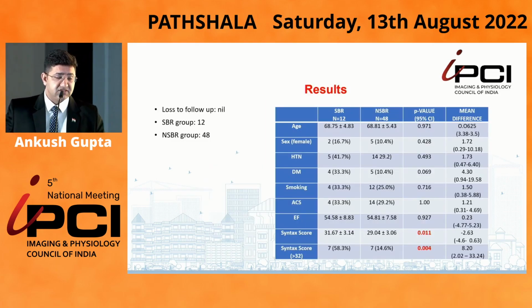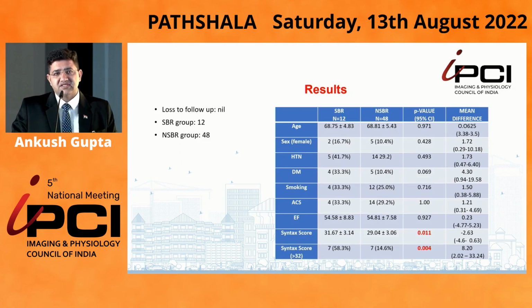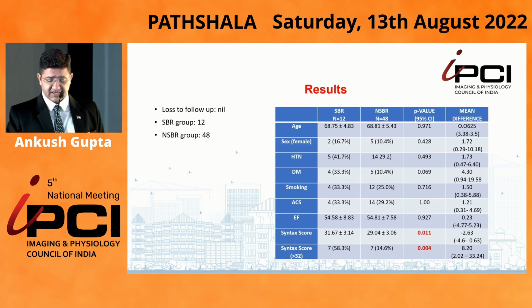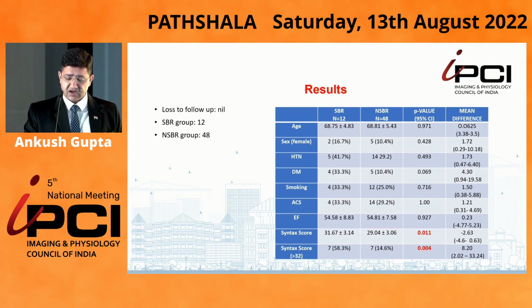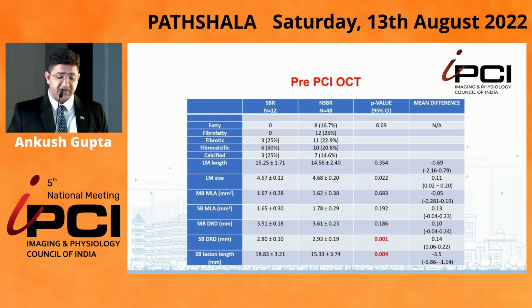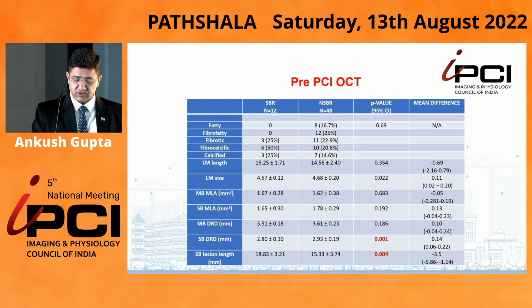So the results. We had 60 cases, 12 patients came to us with side branch restenosis, and 48 patients didn't have side branch restenosis. When we compared the baseline characteristics, we found that the SBR group had a statistically higher SYNTAX score as compared to the NSBR group, and the SBR group had a statistically significant greater number of patients having a SYNTAX score of more than 32. When we compared the pre-PCI OCT, we found that side branch distal reference diameter was significantly